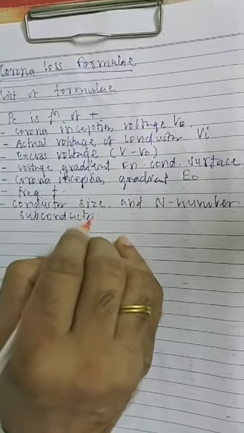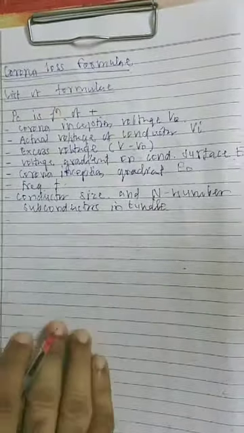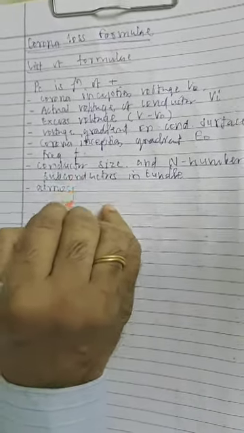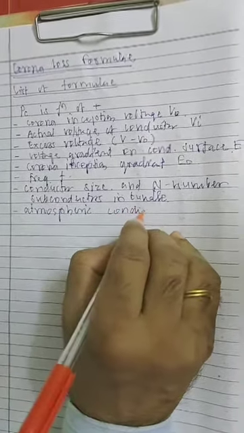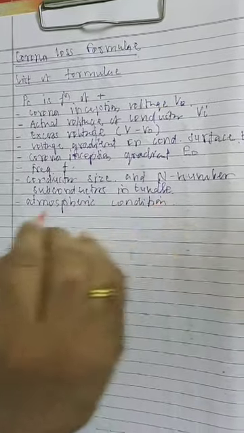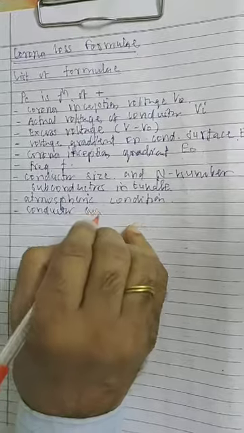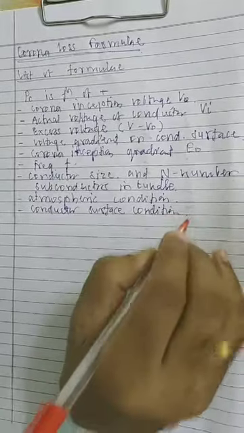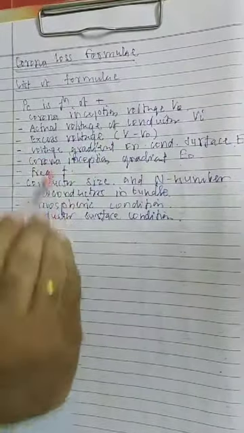Then atmospheric condition. Then conductor surface condition. So total corona loss is a function of all these things: